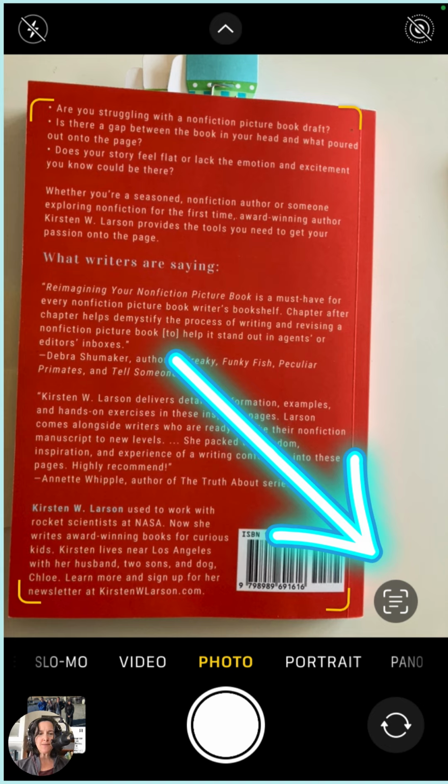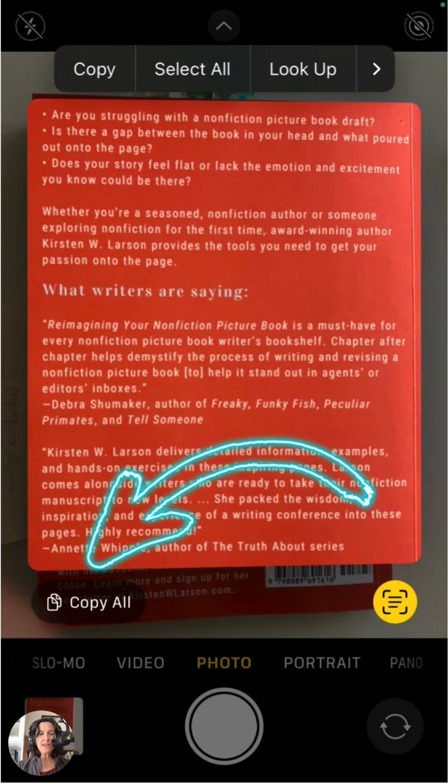latest iOS update. So, this is for iPhone only. If you look in the lower right corner, you'll see when you open up your camera, if your camera is pointed at anything with text, this icon will come up in the lower right corner. And what this icon allows you to do is to take that text, to scrape it right off the image,